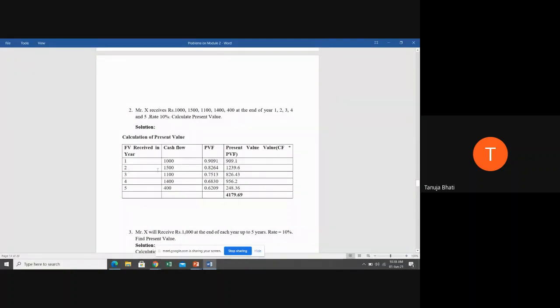Similarly, for second year, you can solve it, third year, fourth year, fifth year, and then add it up. Why I don't suggest using that long cut method? Because if the number of years is more, it will be very difficult to solve for each individual year. It will be very tedious work. Therefore, you can use this particular table format in order to solve sums relating to multiple unequal cash flows, even if it is present value or future value calculation. This would be easier for the calculation.